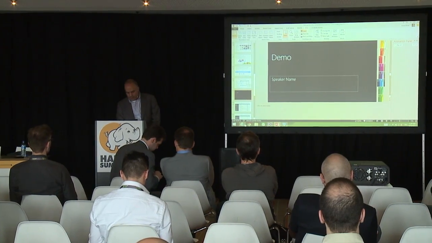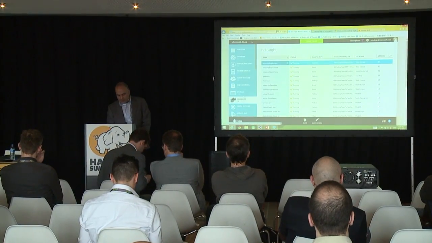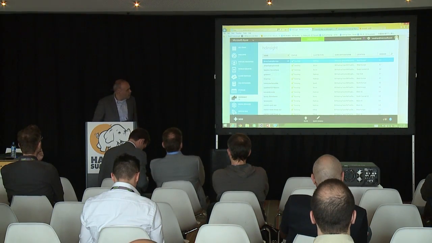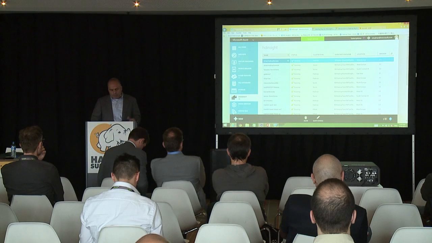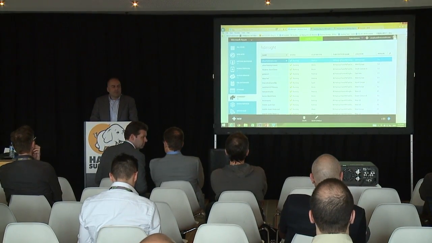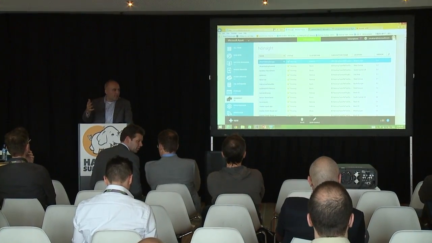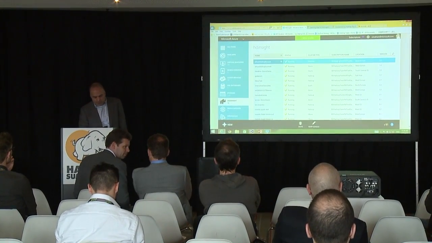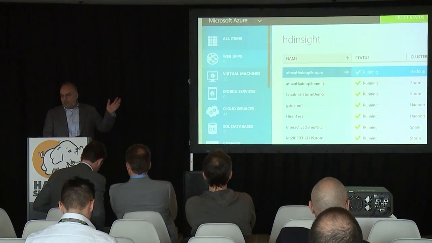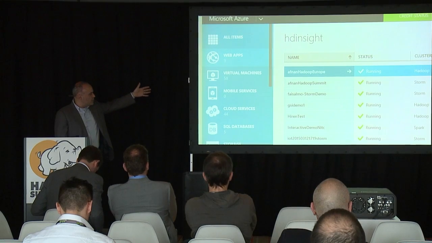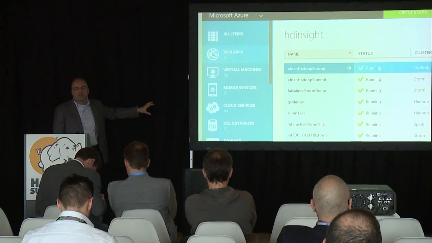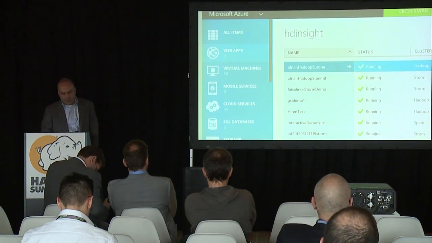Okay. So first of all, this is the Azure portal, and I hope that you can see that. I'll zoom in on some parts as we go, so don't worry about that. This is basically the Microsoft Azure portal that you'll see once you've signed up to use Azure. And you'll notice that there's lots of stuff here. You can set up your websites, you can do your virtual machines and SQL databases, all the basic infrastructure services that you might expect from a cloud platform.